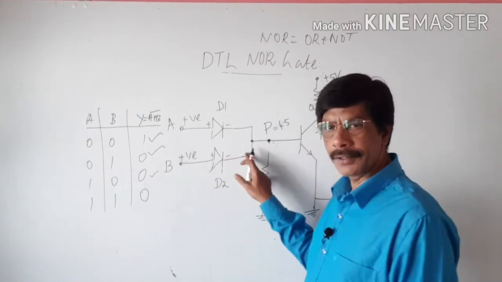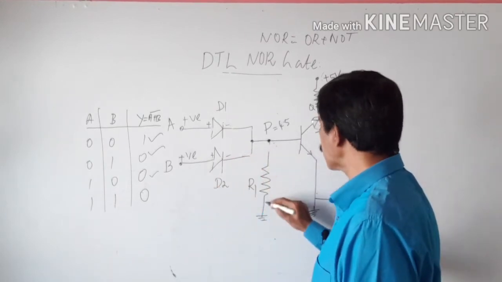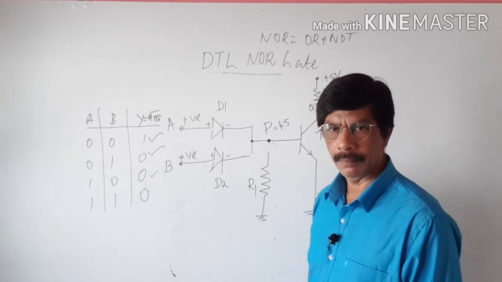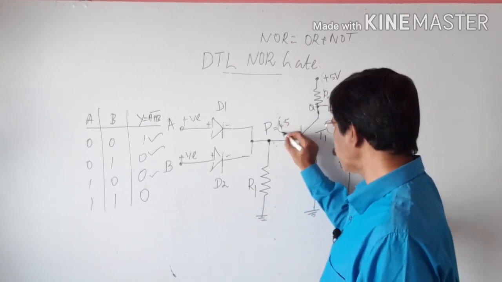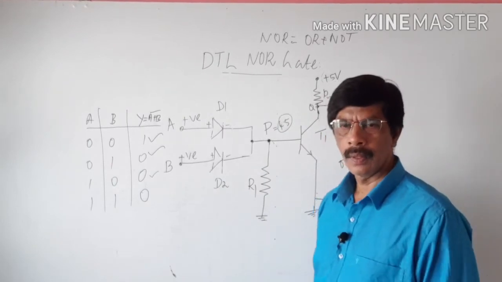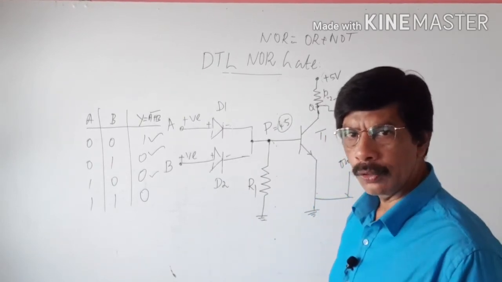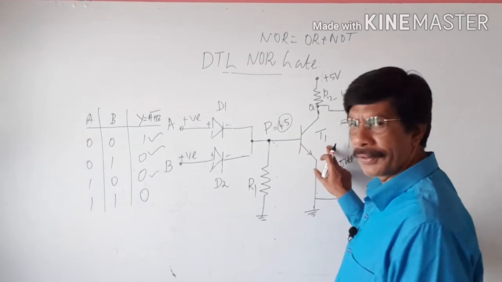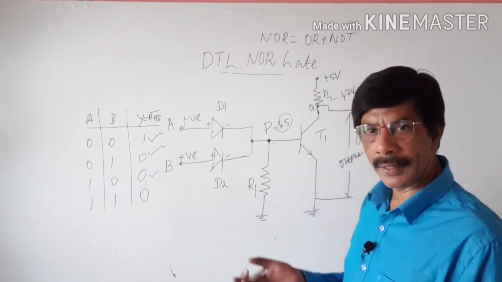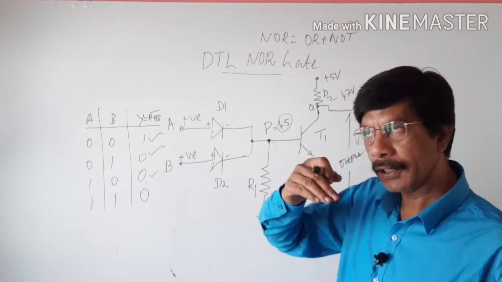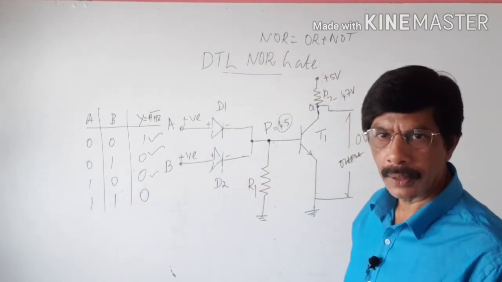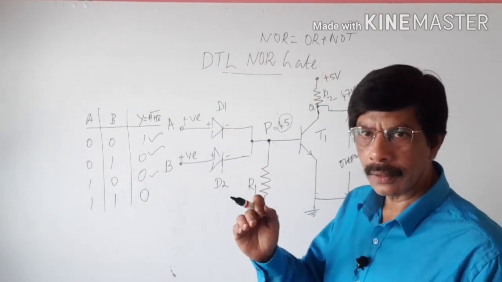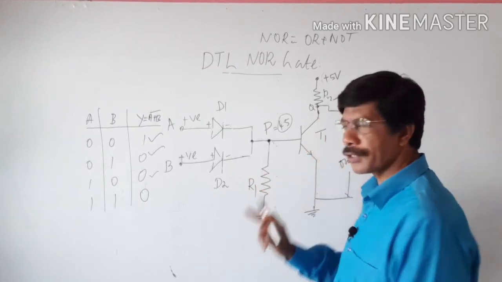The current generated is dropped across R1 as a voltage drop. This voltage drop is almost equal to 4.5 volt. Again this 4.5 volt switches on the transistor T1. T1 starts conducting, and conduction goes on up to the saturation limit. Under that limit, it is acting as a closed circuit.